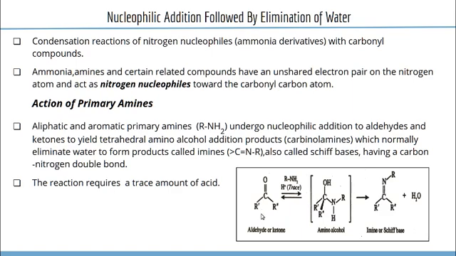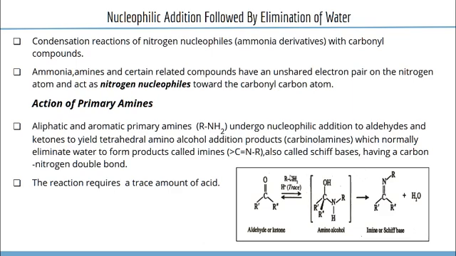Here we have the structure of the aldehyde or ketone, RCOR', which is treated with the primary amine RNH2 in the presence of a trace amount of acid. Acid is taken for the removal of water; it is acting as a dehydrating agent. So addition of RNH2, the nitrogen nucleophile, to the carbonyl compound occurs. That means RNH2 exists as RNH minus and H plus.